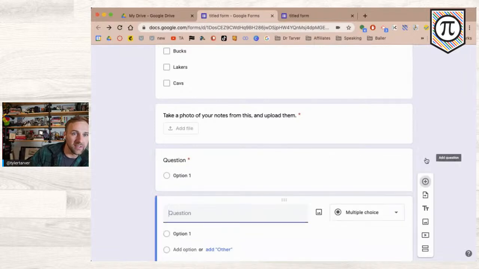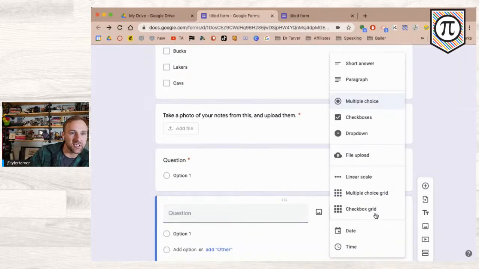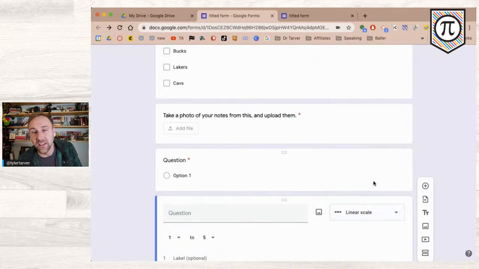All right, and then let's click here. I keep adding extra stuff. Okay, we're going down to linear scale. Oh, I love linear scale. Low key, every time I give a test, quiz, or assignment, I add this on there as well. This is the question I ask. You can ask anything. This is going to be a linear scale that they're going to be able to look at. You could say,